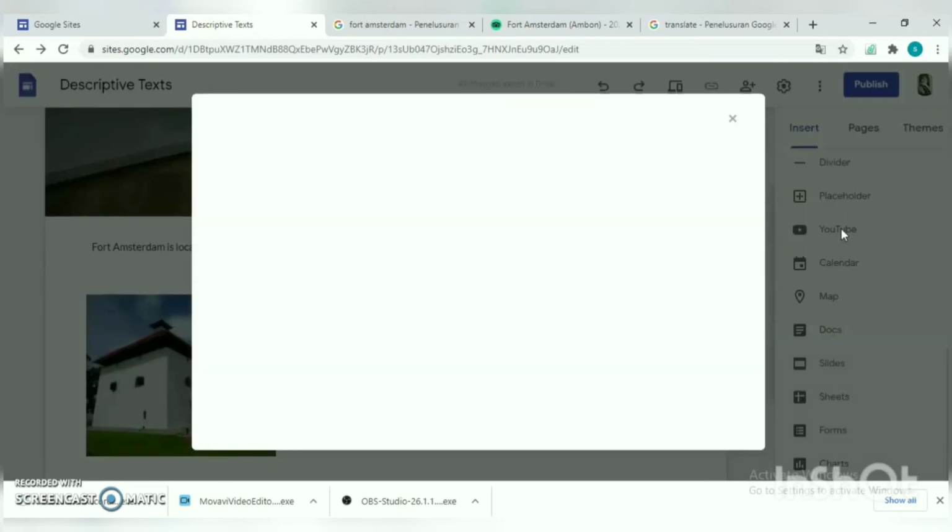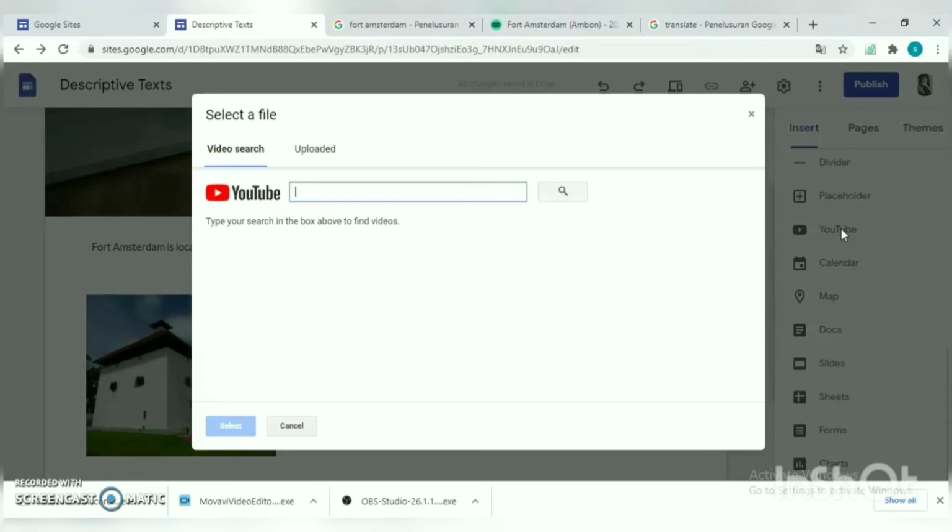When you choose YouTube, you can find several videos to support your descriptive text. For example, if you don't want to only see pictures of the place that you describe, and you want to add some video. So if you don't have any video, you can add one of the videos in YouTube, like